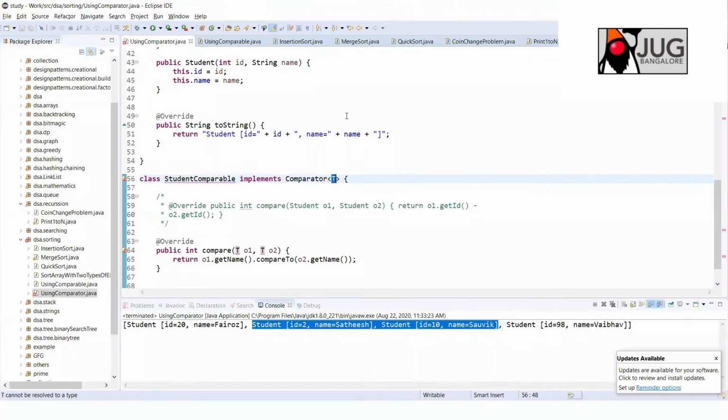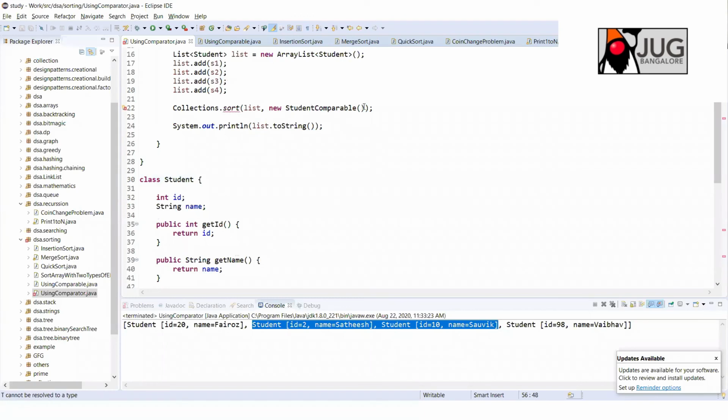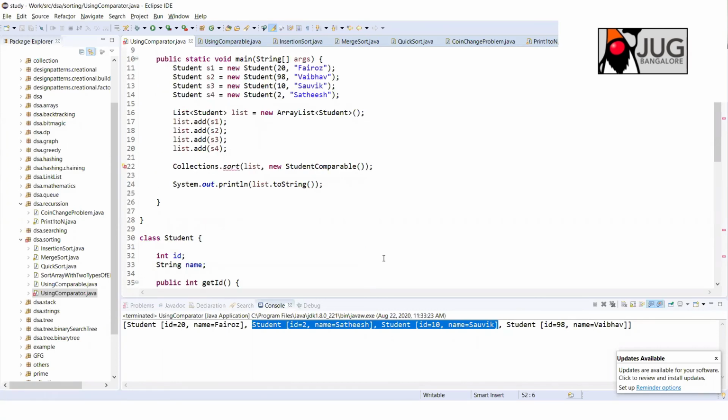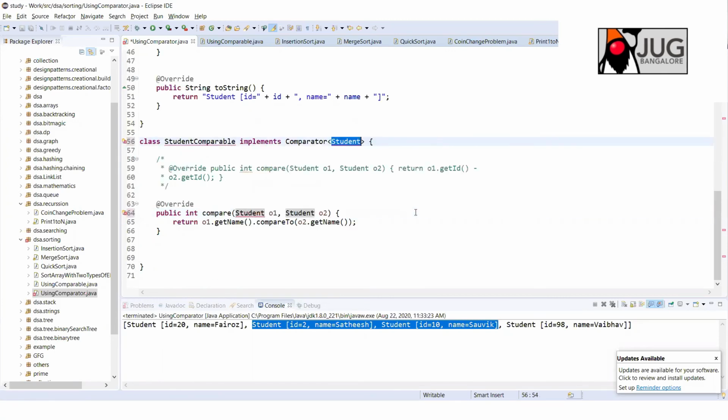Now you decide here, it need not be student comparable, it can be a new T. That is still doable, and that is actually preferred, because I am implementing student comparable only as an example. That is how it is done in larger organizations. You just pass the object, which is generic, and then sort based on that. I just wanted to show an example of student, so I passed it like that.